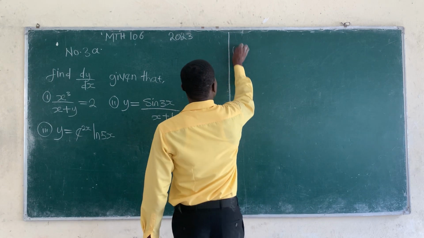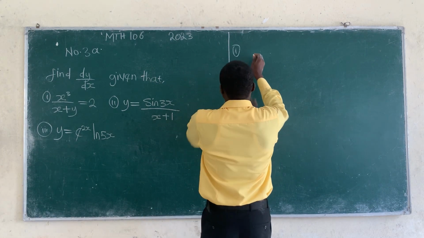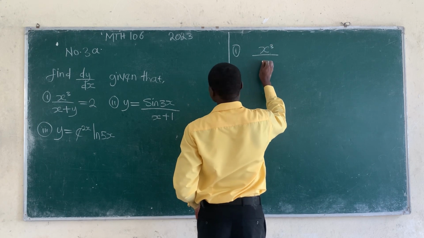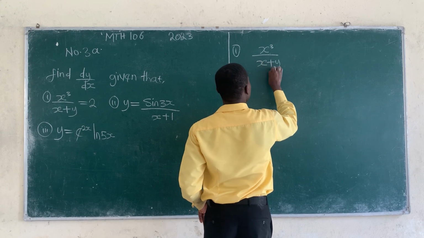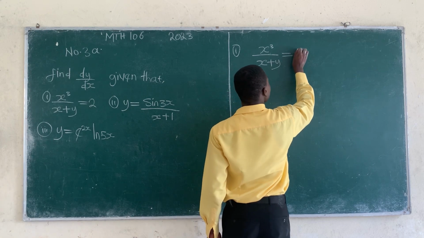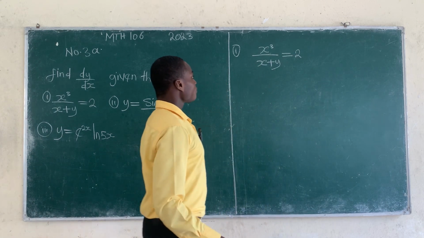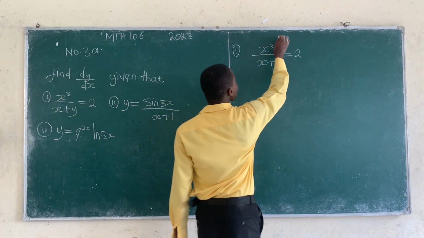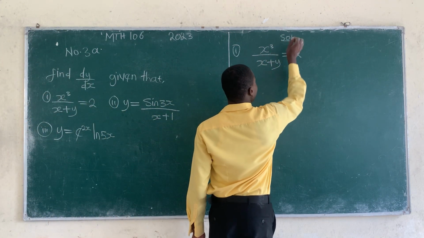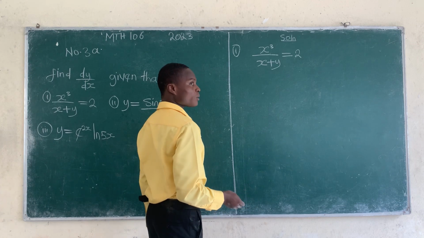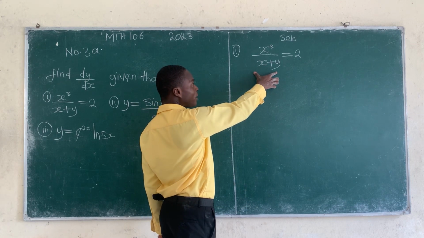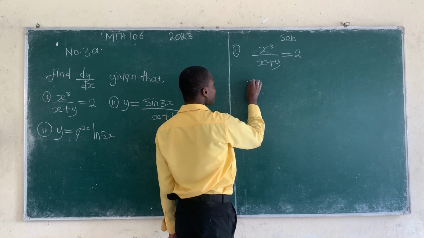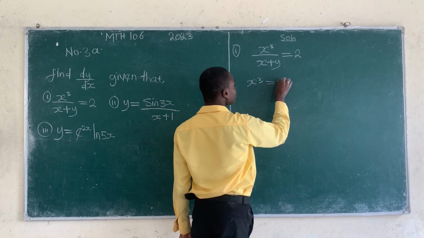So we have x cubed over x plus y equal to 2. We are asked to find dy/dx. But first, let's express this in terms of y, because it is very easy for us to express it in terms of y. So first of all, from here we have x to the third power equal to 2